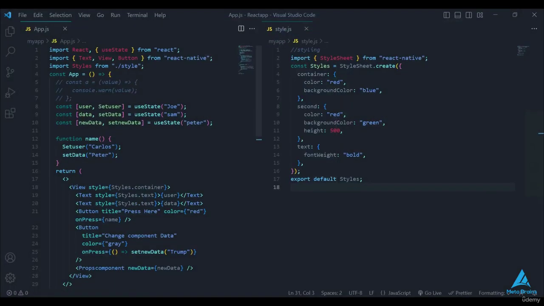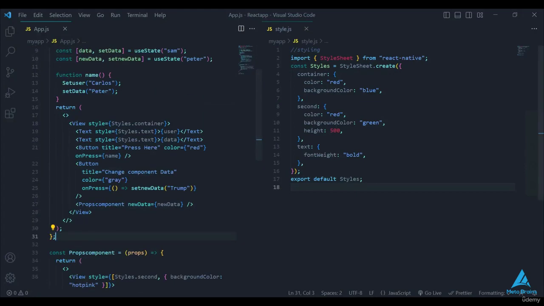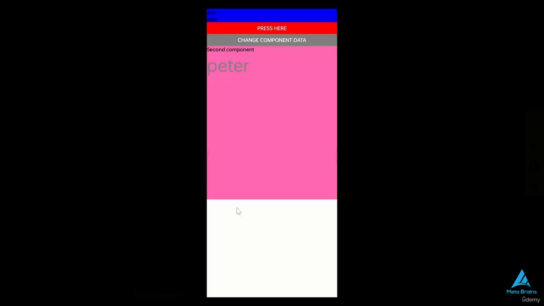Go to the second component's styling to see where the text is used. You are aware that a bold font weight makes an element bold, but it also makes the edges and other parts of the element heavy. Now, if you align the text, it will by default be printed on the upper left side of the application. As you can see, Peter is printed on the left side of the screen, but we want to put it